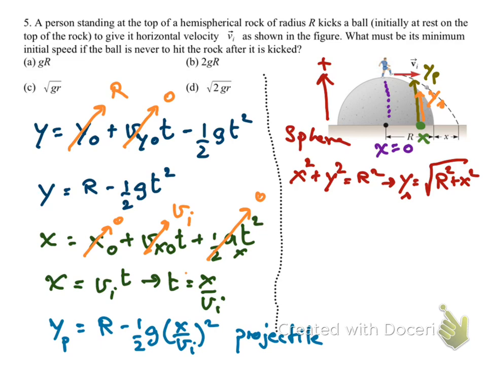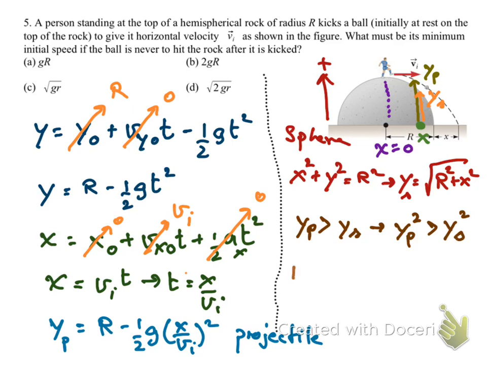So we must have that y projectile is always greater than y of sphere. Okay, and since both of them are positive, we can also write it as y of projectile squared is greater than y of sphere squared. We square this because maybe it's more convenient to get rid of the square root sign here. Okay, so once we square the y_p, we get